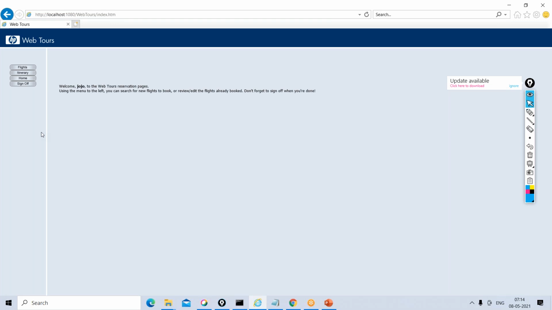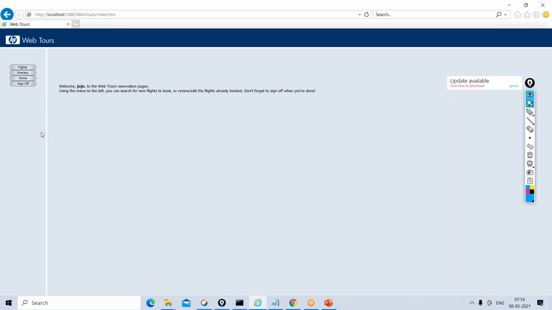particular transaction. For example, in today's example, I've just logged in, right? I've just navigated to the home page. If I want to calculate the response time of this particular login, then I can develop one small script using this VuGen component, where it will give me the response time, how much time it has taken for login.